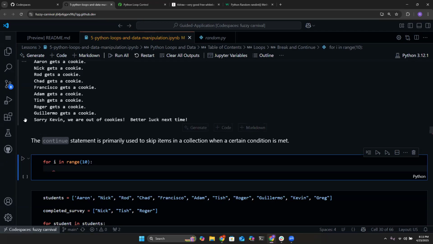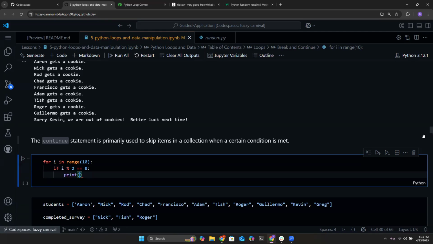We will get the number, and then what the actual terminology for that will be, the modulus, right? We would use the modulus operator to check if we have any remainder when dividing, and if so, that means it's not even, right? But if we divide a number by 2 and there's nothing remaining, then it successfully divided with nothing remaining, right? So we can say if i modulus 2 is equal to 0, that means we got nothing as remainder. Then I want to say print even,